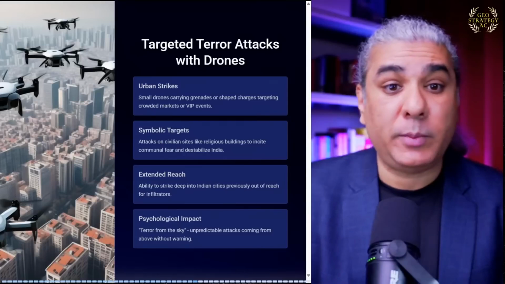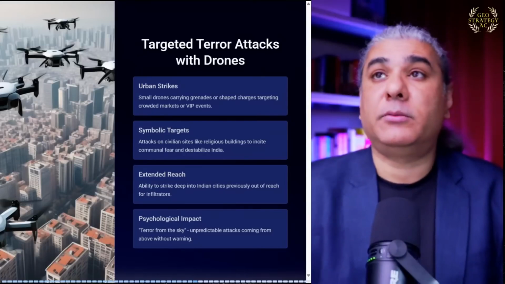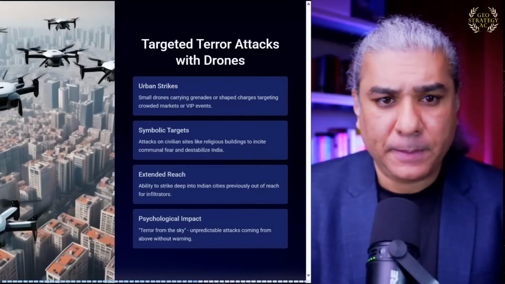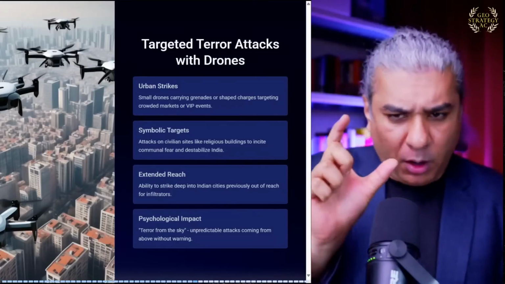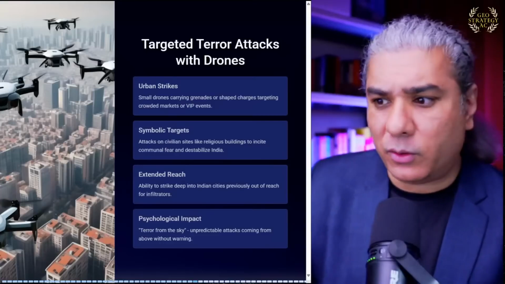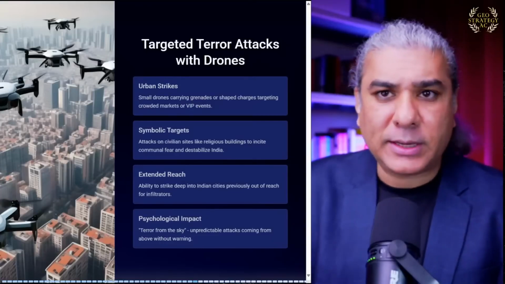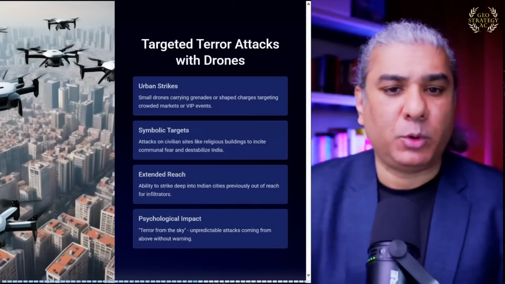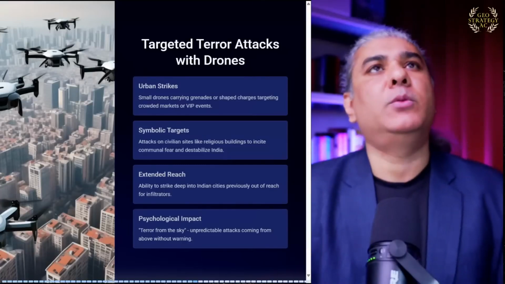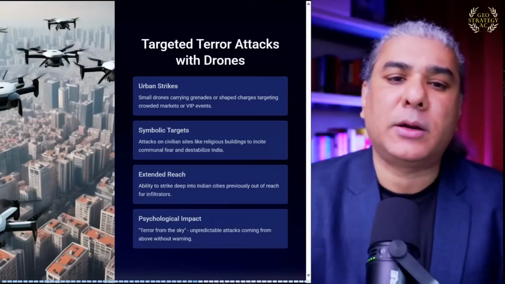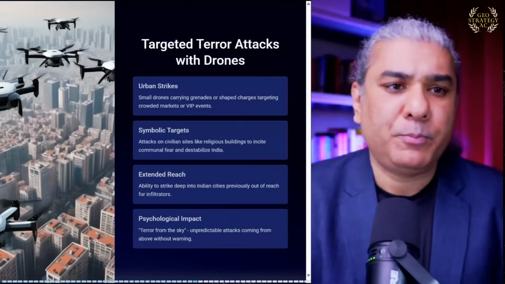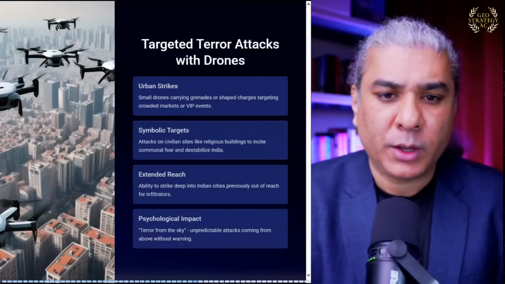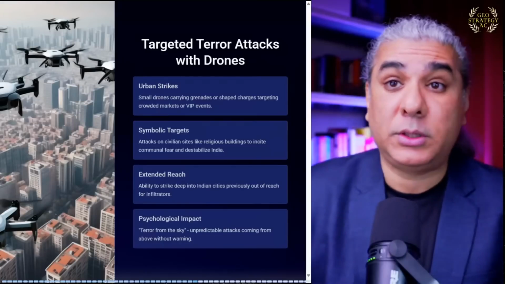So strikes on urban centers. It's been seen hundreds of times on the Ukrainian battlefields. Small drones that are available online. These can carry grenades or various kinds of shaped explosive charges, and this can be used so easily to target crowded markets or political events or whatever VIP events, right? And then you can do this on civilian